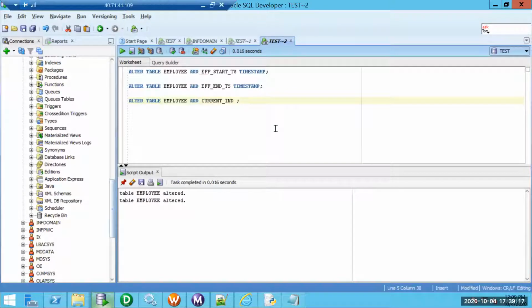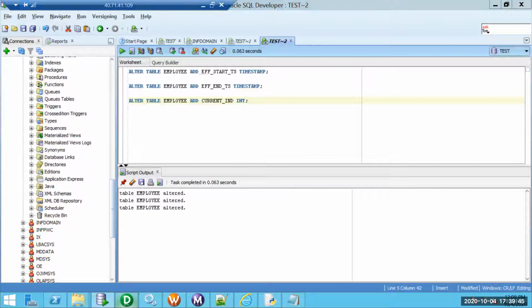Current indicator, I'll have it as integer. So it can be 1 or 0. 1 means current indicator; whenever it is 1, it is an active record. Whenever it is 0, it is inactive. In other words, it can be a varchar also, wherein Y means active and N means inactive. You can have an active indicator also. It depends on the conventions a project uses.